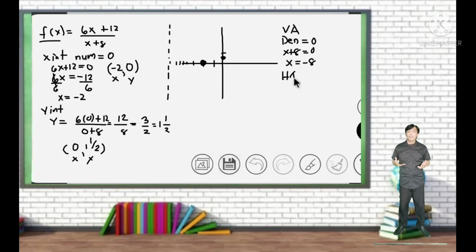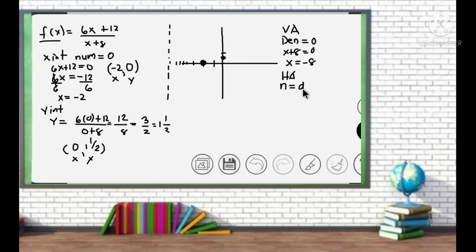Pero may rule ang pagkuha ng horizontal asymptote. Titingnan daw natin yung exponent ng leading coefficient. Yung leading coefficient, sila yung degree na pinakamataas. Katulad nito, 6x ang pinakamataas sa numerator, x naman sa denominator. Ito yung rule. Kapag daw yung n, yung numerator, ay equal muna doon sa exponent ng denominator,